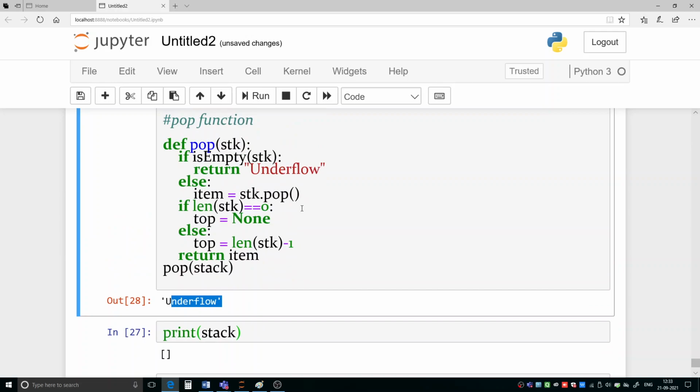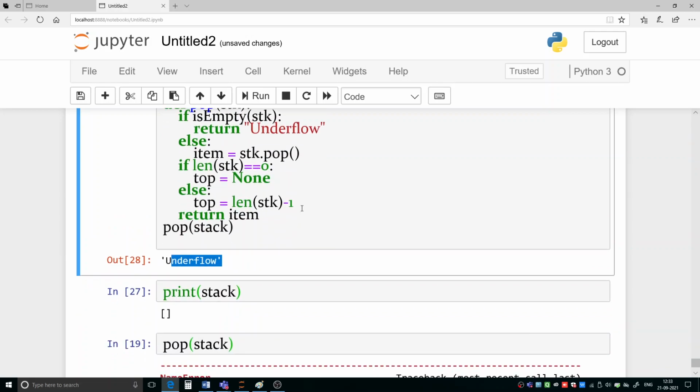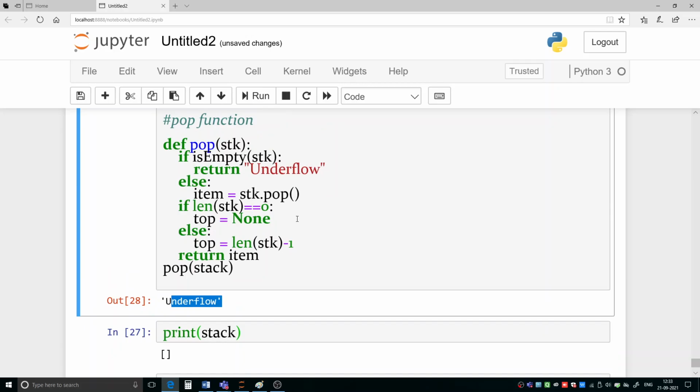But sir, what is the use of top in this function? Suppose you want to print which element is at the top, that you can do. Otherwise there is no use. Suppose you are asked to print the element at the top of the stack after performing pop, so you can use this one.